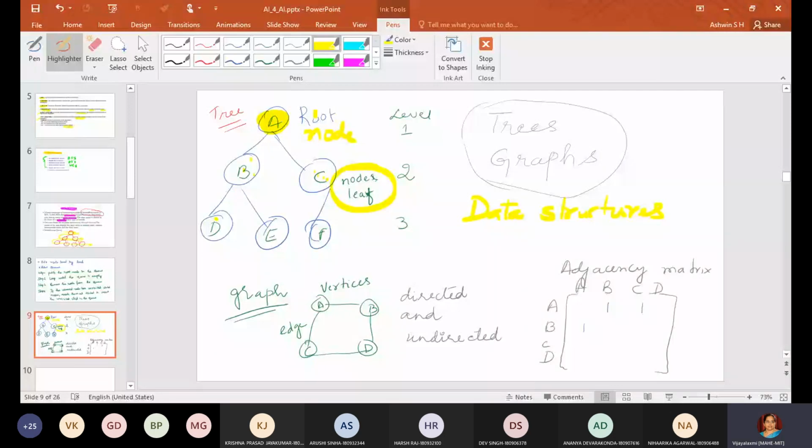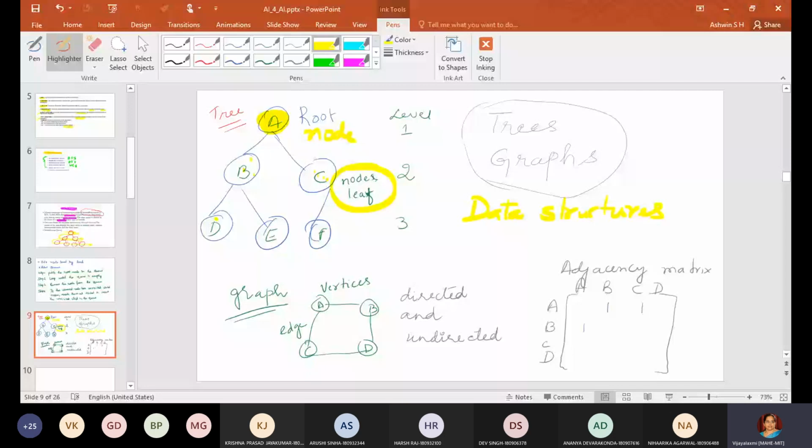So what you must know is the root node, okay, the child node, or the different vertices, and what is the level. So level 1 to level 3. Okay. This is about a tree. I'm not discussing any binary tree here. Okay, it's a simple tree I am discussing, because this is what we are going to use.